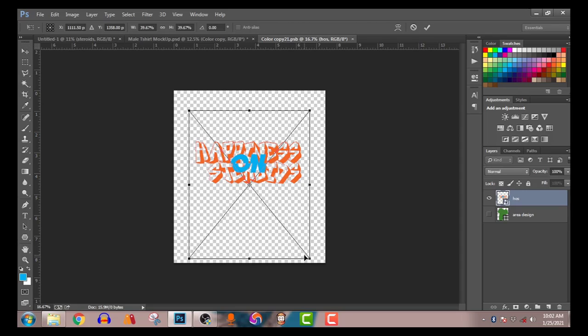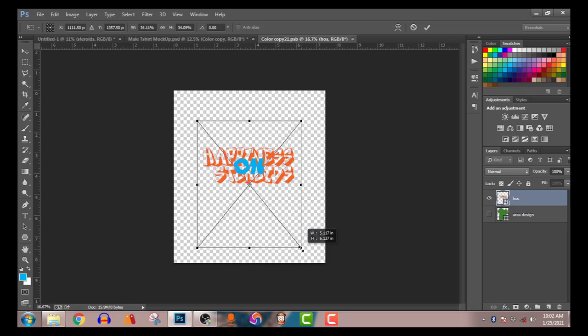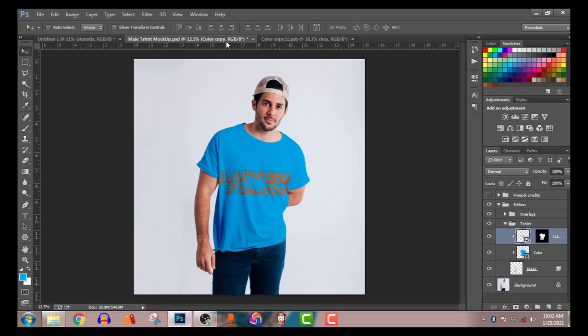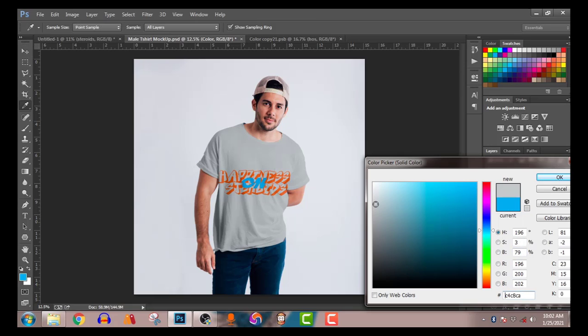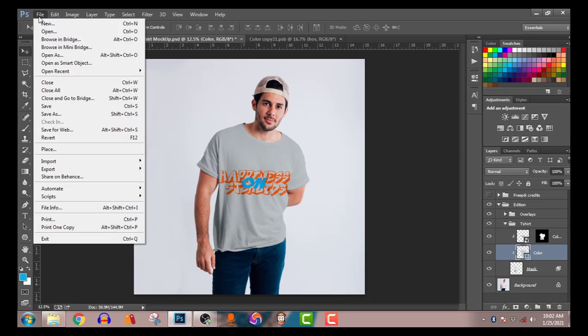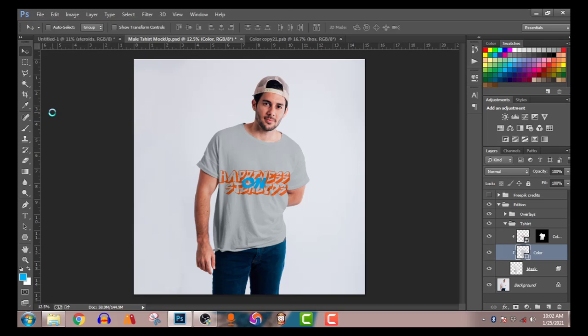Ctrl T. So reduce it because we just want it on the chest. Press enter. Okay, so we have it like so. File again and save that. If you're done saving that, if you go back to your shirt, you should find it on your shirt. You can decide to change the shirt color to something different like so, and you see where we match that design. Press OK. We can save this file, save as, then save it as